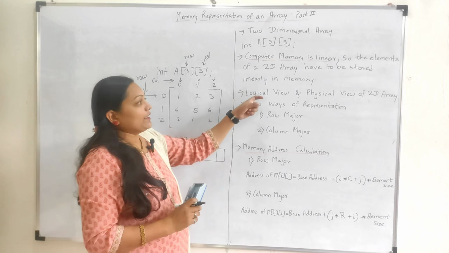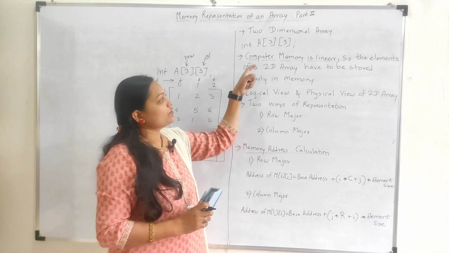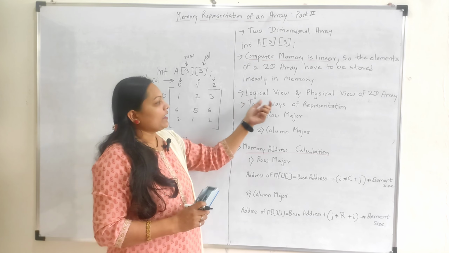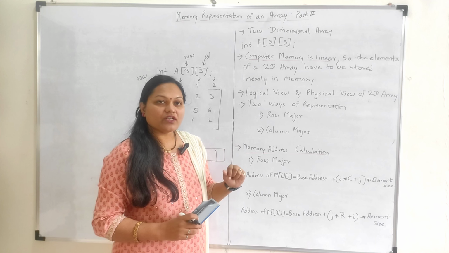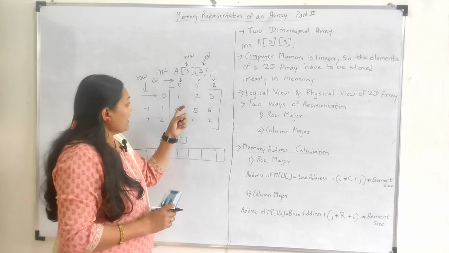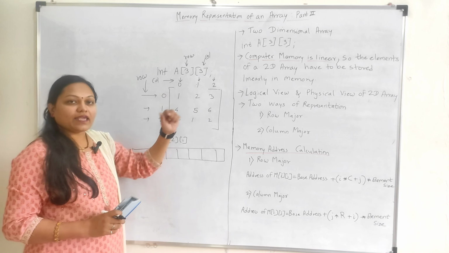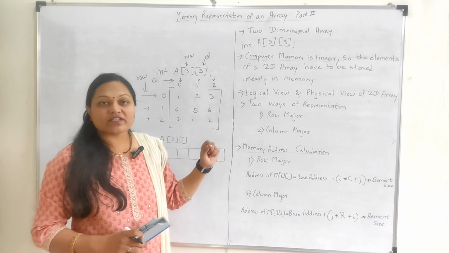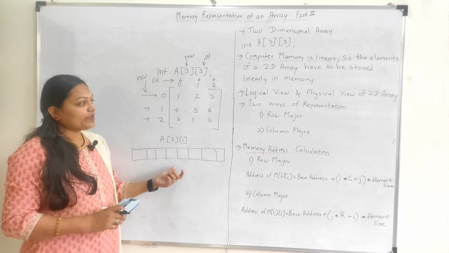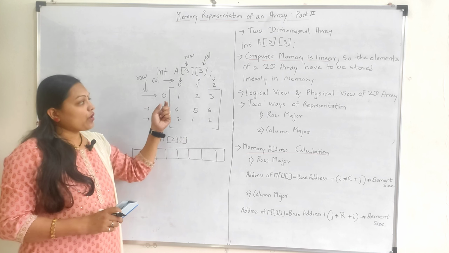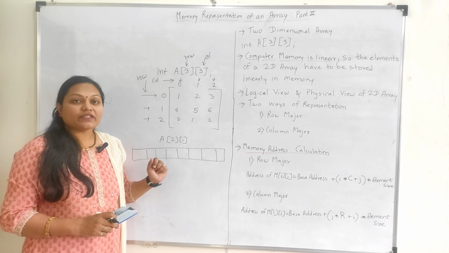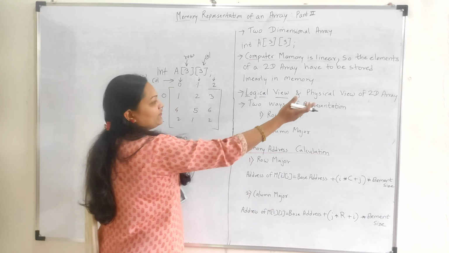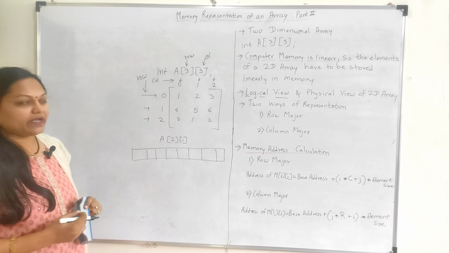So depending on that, there are two views of a matrix, a two-dimensional array, a table. The first one is the logical view, meaning logically how we can store these elements in computer memory, and then the physical view of a two-dimensional array, meaning actually in computer memory how we are going to store all the elements of a matrix. So let's see first the logical view of a matrix, and then we'll move towards the physical view of a matrix.